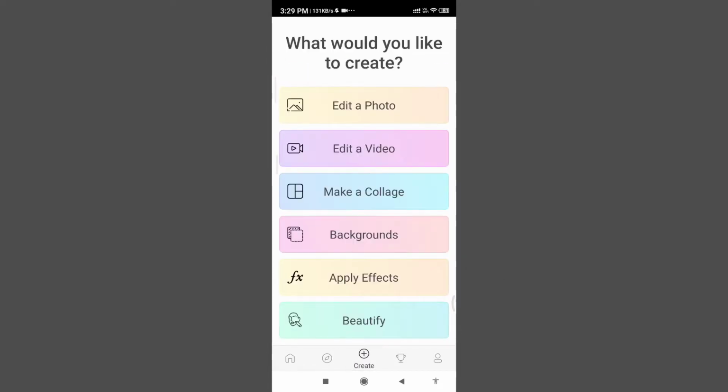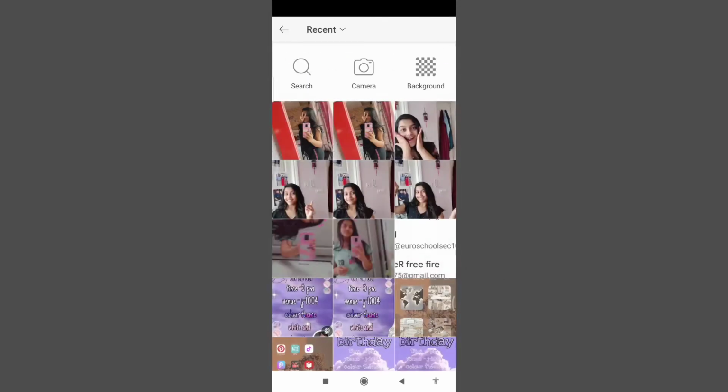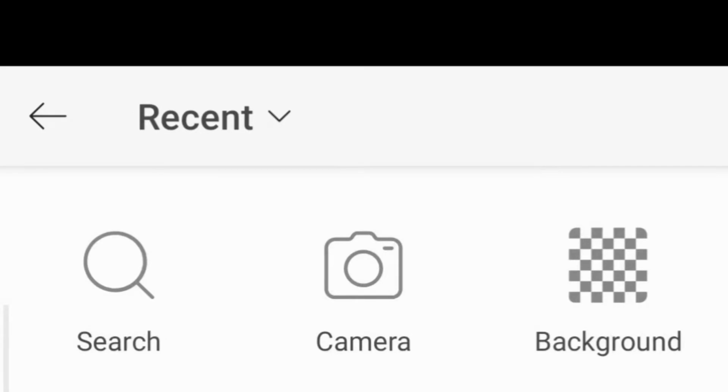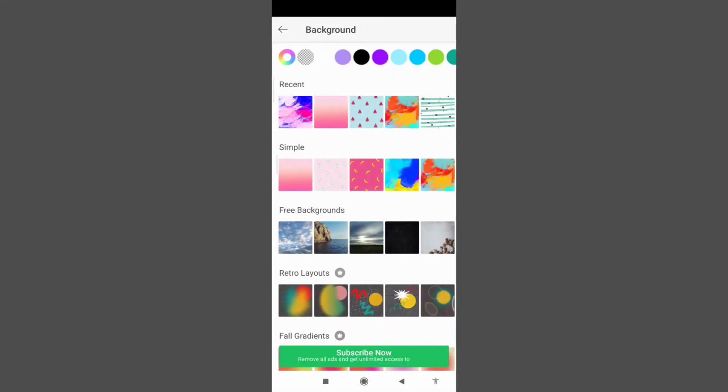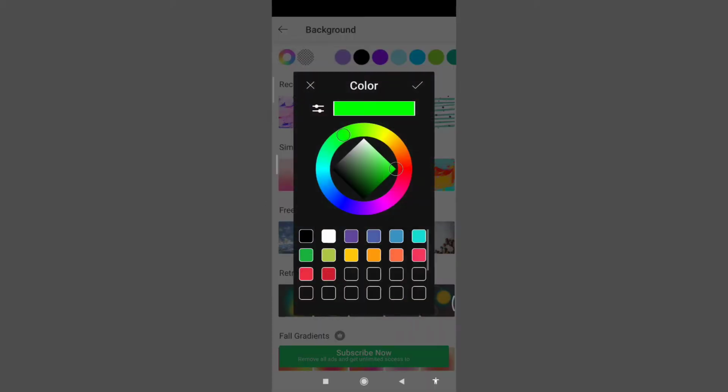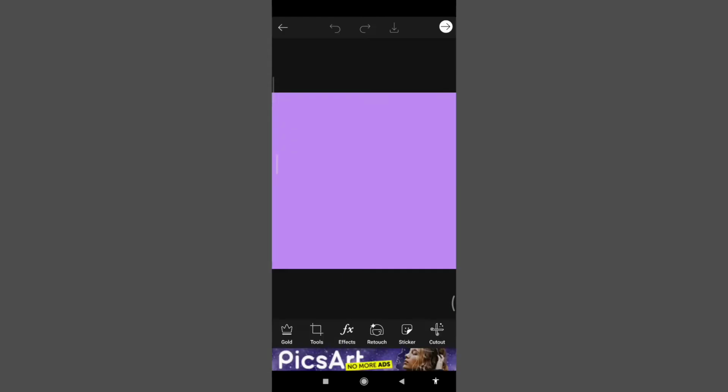So guys, from here you need to click on the plus button and just go to the photos. Now just select the background button and go to the color grid, where you can make your own colors, whichever color you like the most. But I would prefer you to use light colors, because the people should focus on your thumbnail, not the background color.